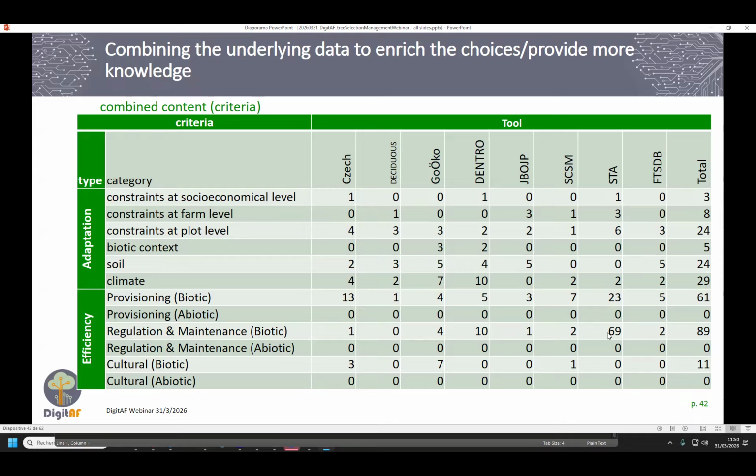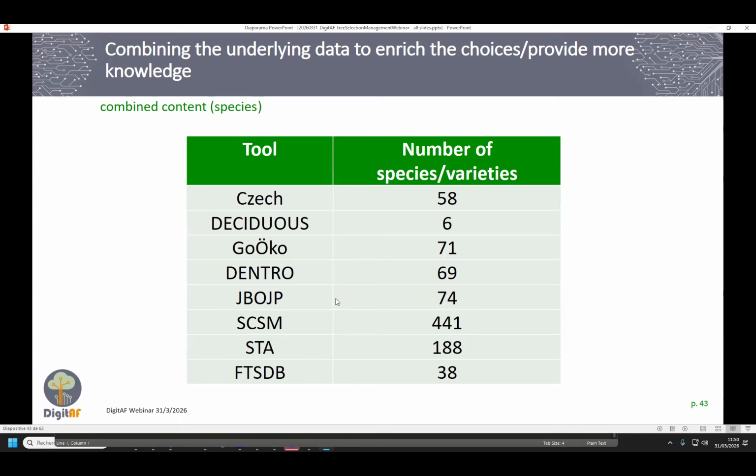For example, the shade tree advice is focusing specifically on that, and other tools have more specificity on the type of products that can be provided. And the tools also differ in terms of the number of species or varieties that are included. And usually the more species, the less detail there is about them.